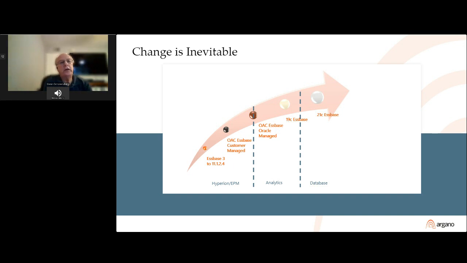And it was only on Oracle Cloud Infrastructure, what's called OCI. Well, people were complaining and said, well, we need it to be able to run in our own data center, wherever that data center is, whether it be on-prem or in Azure Cloud or on AWS, we want to be able to run it ourselves. So they released Essbase 21c, and